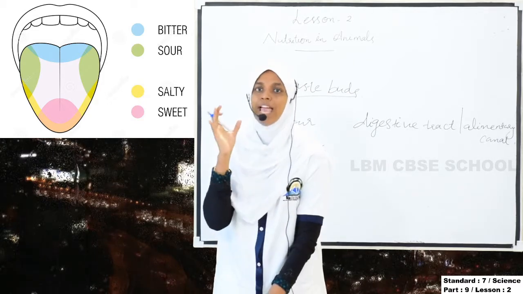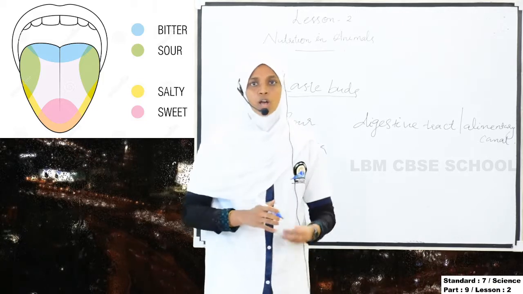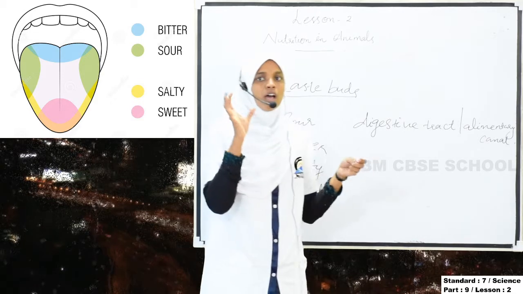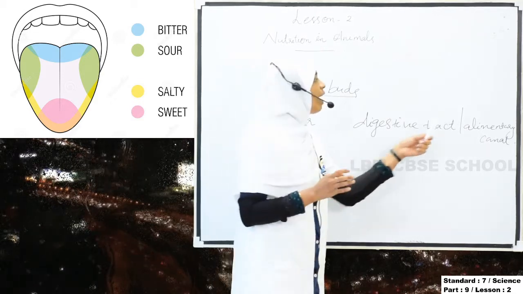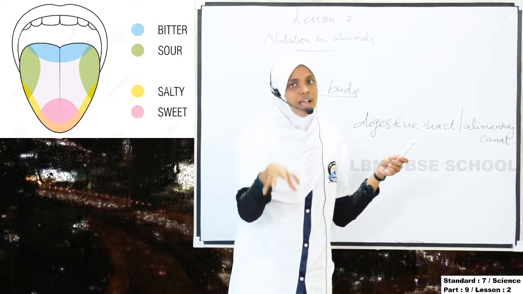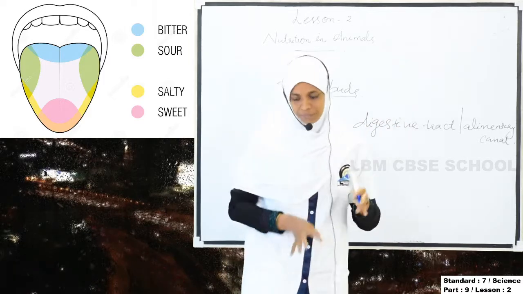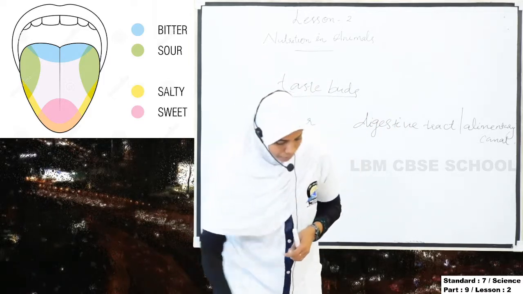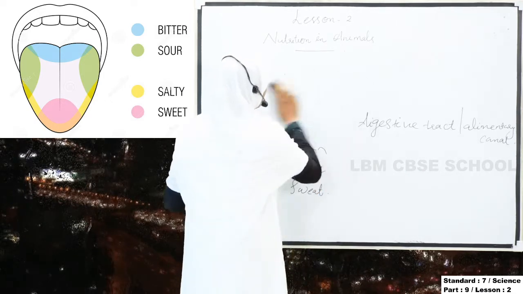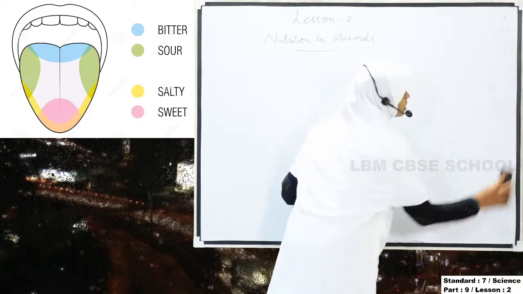Okay, this movement helps to push down the food. Where is the movement that helps the food go downwards? In the digestive tract and alimentary canal. Okay, there is a movement in the alimentary canal, and this movement helps to push the food downwards. Then from the esophagus the food reaches the stomach. Okay, so where did the food reach? The food reaches the stomach.